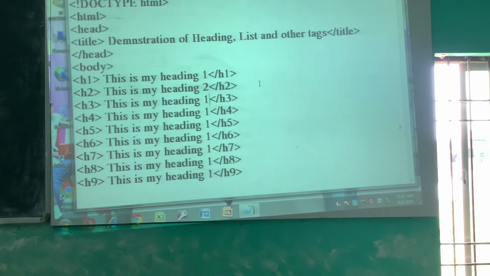You want to see the output as this is my first heading, this is my second heading, heading 3, heading 4, heading 5, heading 6, and like that, heading 7, heading 8 and heading 9. Okay, just save it.